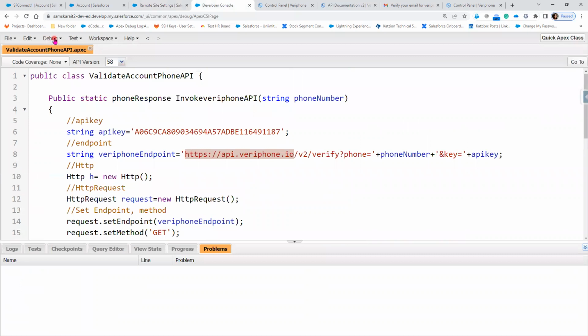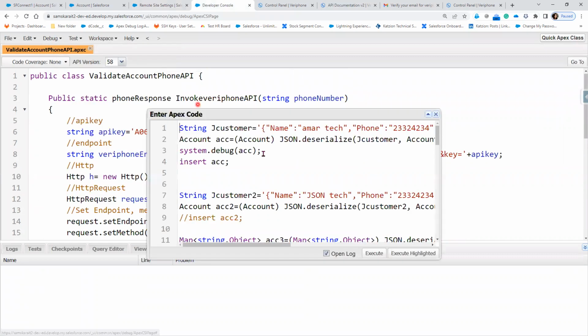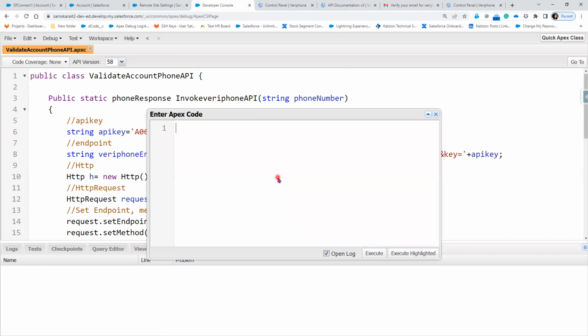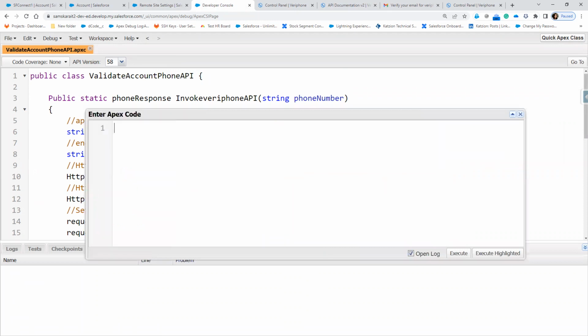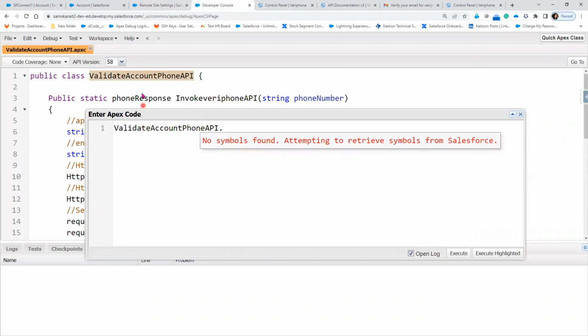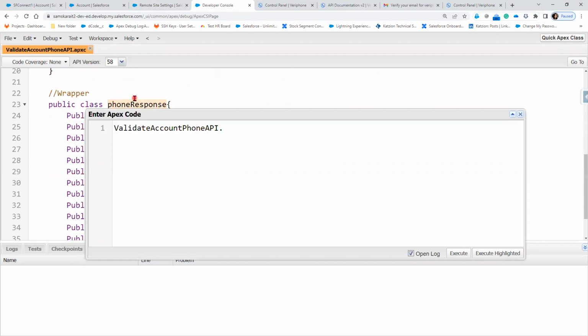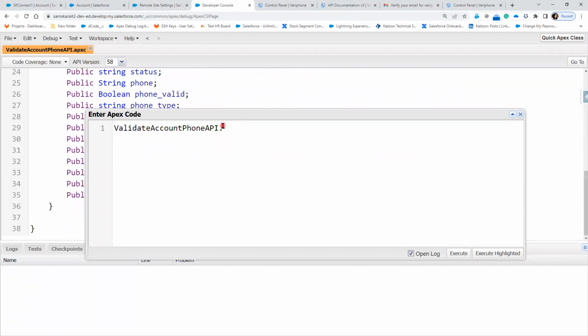How can I test it? Let's test it before going to the trigger or lightning flows. I want to test it from the developer anonymous window. From the anonymous window, I want to test it. So here I'm going to specify validate account API dot, it is returning the phone response. Phone response is the class. So phone response equal to